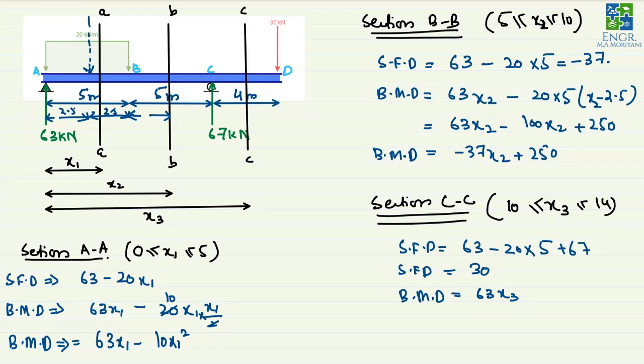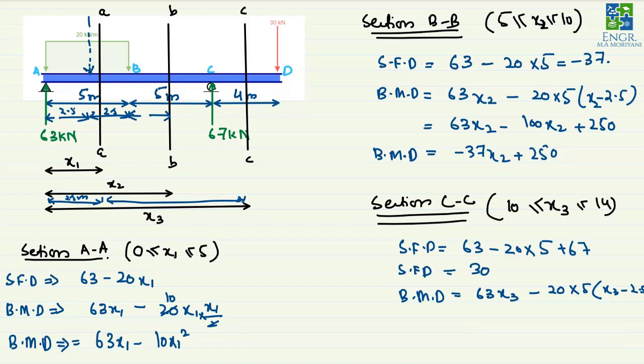If we subtract from this x3 this distance, which is equal to 2.5 meter, we will get this distance, which is the moment arm generated for this case. So this will have a minus sign, because this is a counterclockwise moment, and it has the magnitude of 20 multiplied by 5, and the moment arm of x3 minus 2.5 meter.